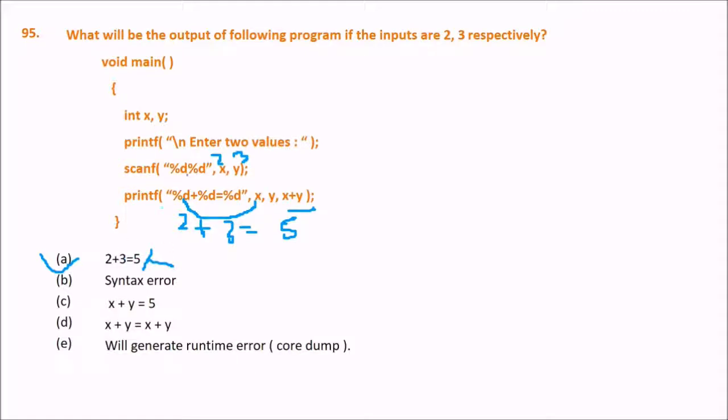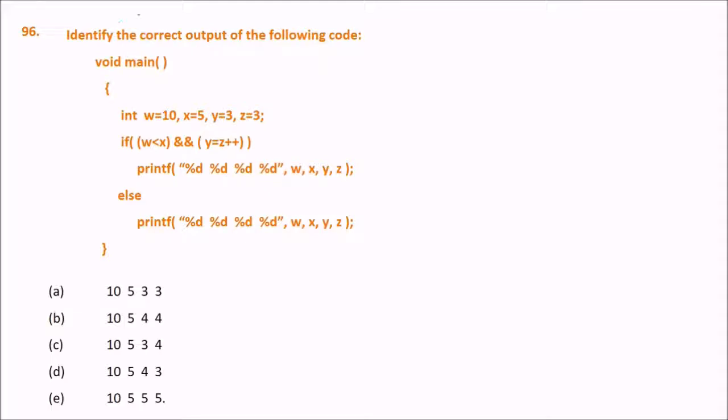The scanf statement is there. What is it doing? It is not using ampersand. Is it using ampersand? These are percent. Scanf should use ampersand. So there will be a runtime error or a core dump. So in the scanf statement, the address operator, that is ampersand of the variables x and y, is missing. That is why, right?